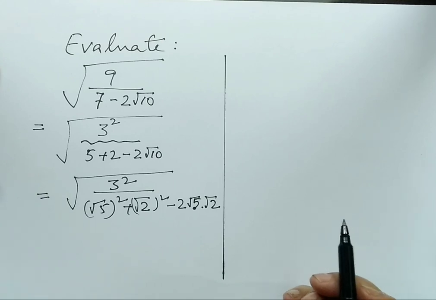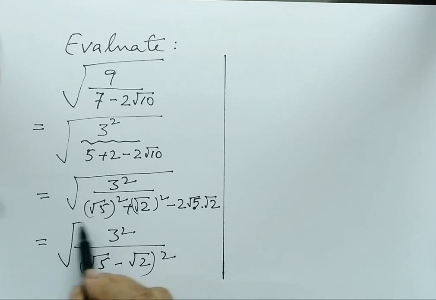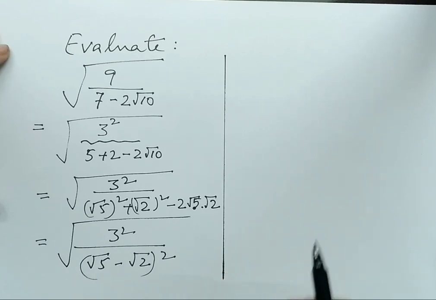Alright. Thus we have a square plus b square minus 2ab, which means here we can write root 5 minus root 2 whole square and then the bigger square root. Alright. So